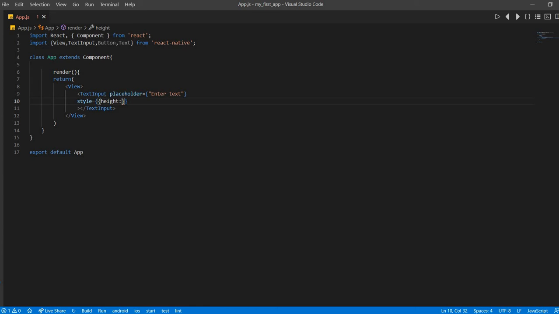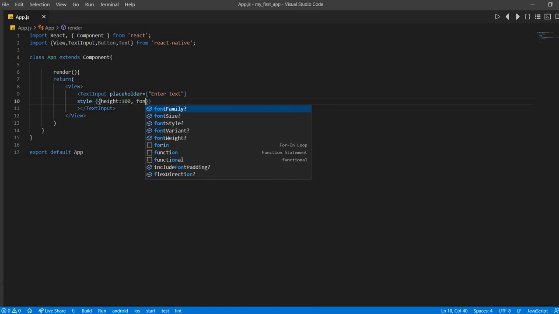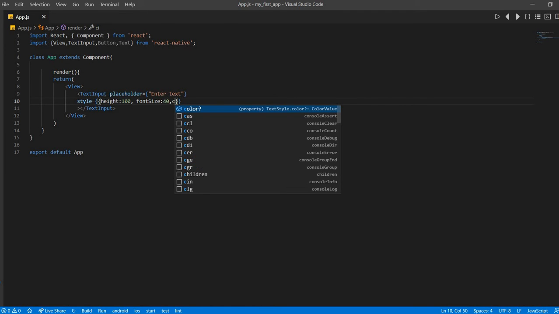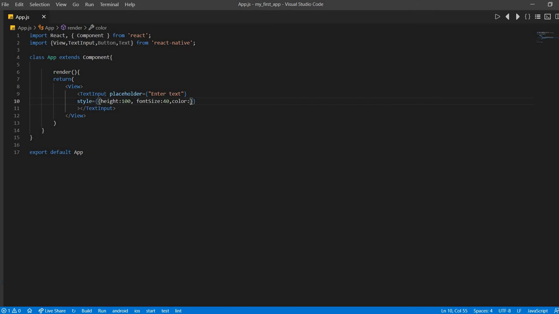Let's say height is 100, comma, fontSize, let's say 40, comma, color, let's say red, and we can also add backgroundColor, let's say green. It looks weird, but it's okay for the example purpose.